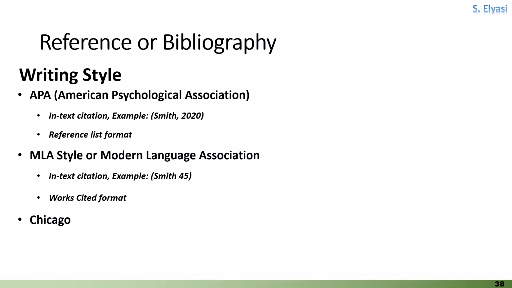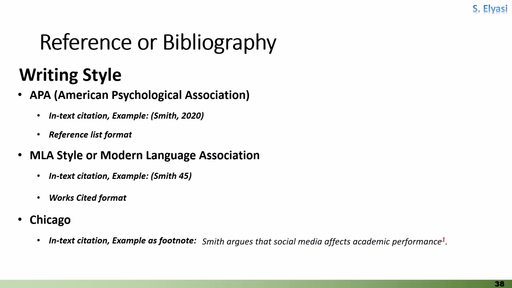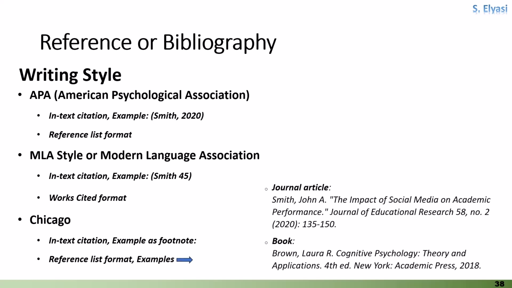Chicago style is versatile and used across various disciplines, including history, business, and fine arts. It offers two formats: Notes and Bibliography System, common in the humanities, and author-date system, used in social sciences and sciences. In-text citation. In this system, in-text citations are presented as footnotes or endnotes indicated by a superscript number in the text. Bibliography format. The bibliography lists full citation details. The titles of books and journals are italicized, and only the first word and proper nouns are capitalized in titles